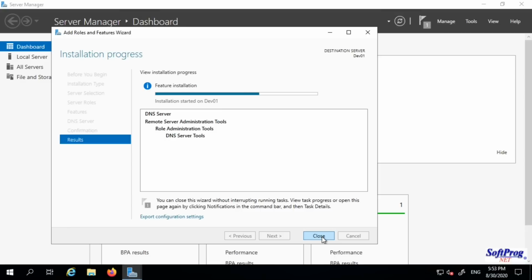So the DNS server, the purpose of which, as well as for Active Directory, is name to IP address translation. This is a server feature. Once it's installed, you can actually create the zones. You can also set the DNS server to pick up